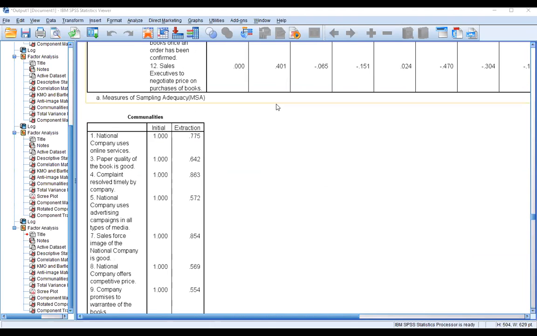ये देखिए कम्युनिटीज, तो हमने क्या बताया था कि कम्युनिटीज में जिसकी वैल्यू 0.5 से कम होती है उसको हम हटा देते हैं। तो आइगन वैल्यू का जो पर्पस होता है, टू रिटेनिंग दी फैक्टर्स, कि हाउ मेनी फैक्टर वी शुड रिटेन, और कम्युनिटीज का क्या पर्पस होता है, टू कि हाउ मेनी वेरिएबल्स वी शुड रिटेन, और किन को रिमूव करना, ये होता है। ठीक है, चलिए अब मैं आगे चलता हूं।